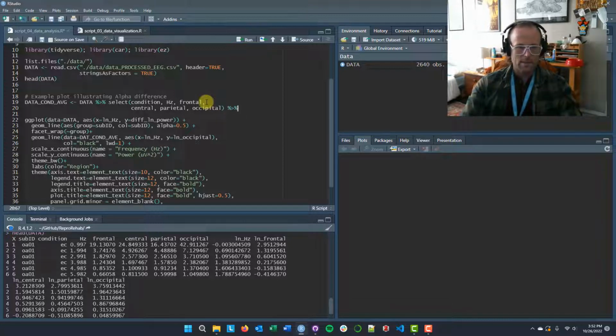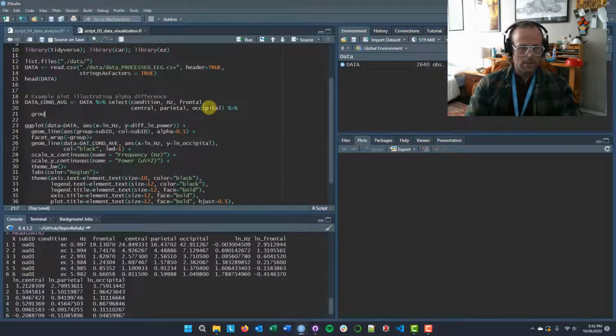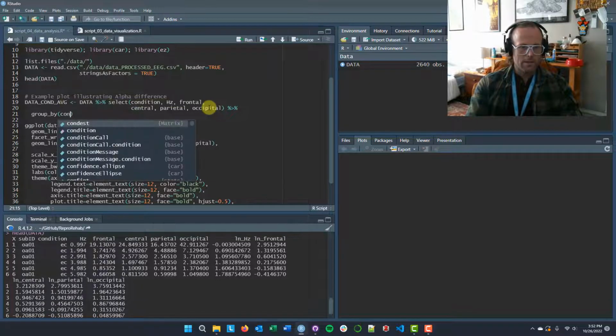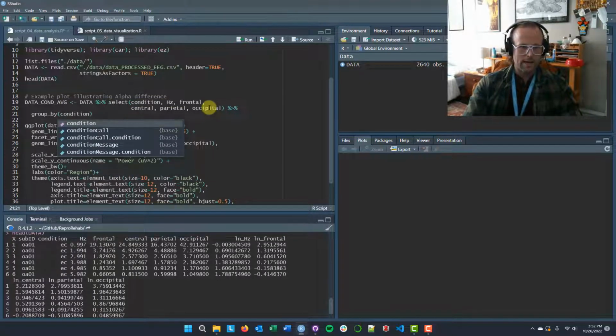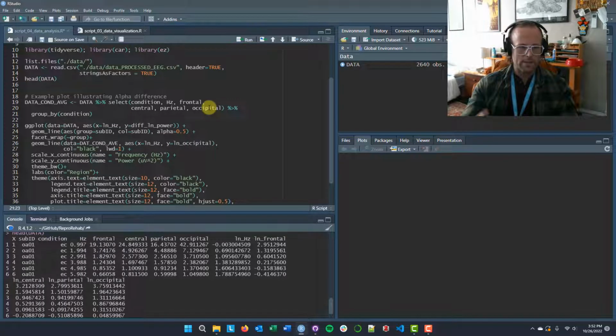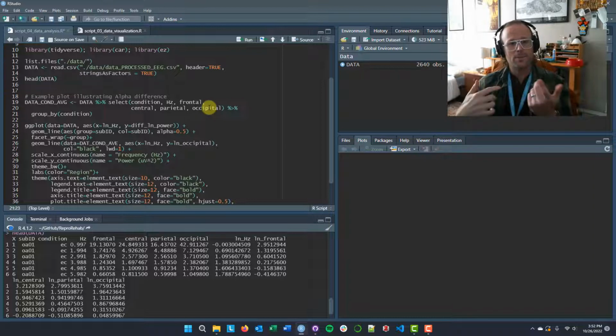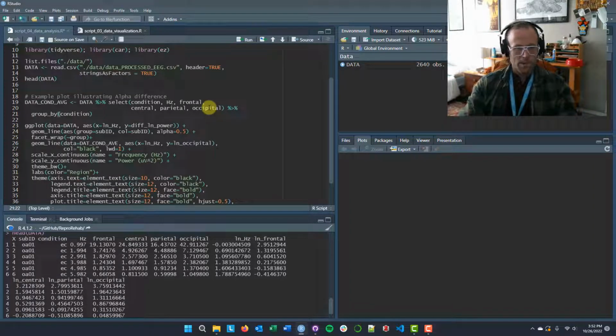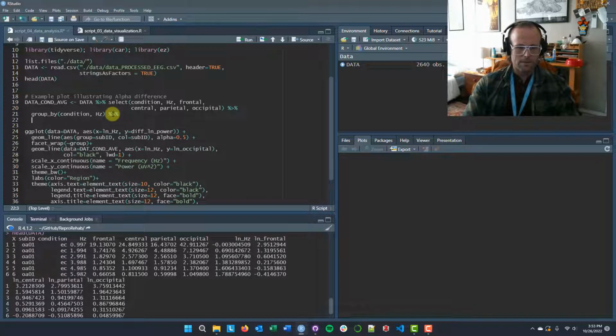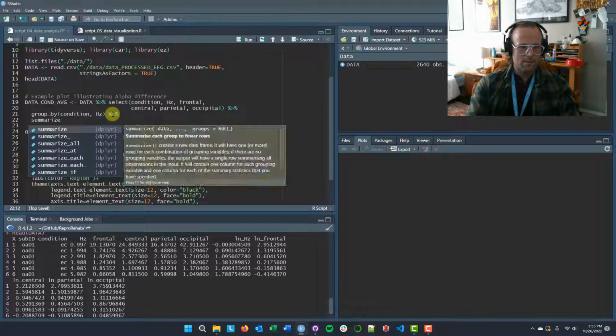Okay, and then I'm gonna first push the data through the select function to take only those columns, and then I will say group by, and I'm gonna group by condition. So what this is gonna allow me to do is average across rows within a condition. That's right, so I'm ignoring what subject you are. I just want to get the mean in each condition. And I will also do that by hertz, because I want to, for this condition at 1 hertz, average across all subjects. For this condition at 2 hertz, average across all subjects. So I'm going to group by condition and then by hertz, and then I will say summarize,